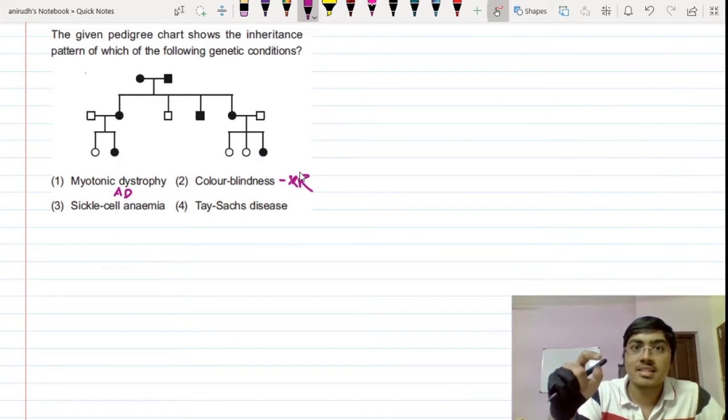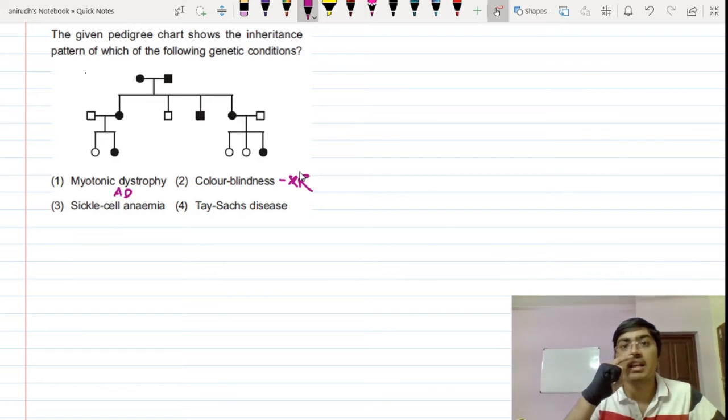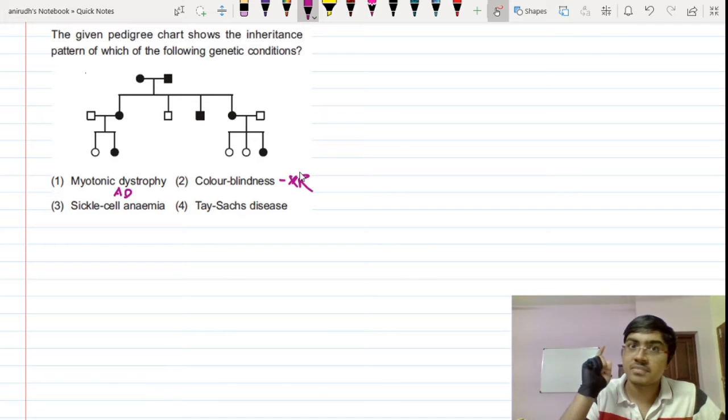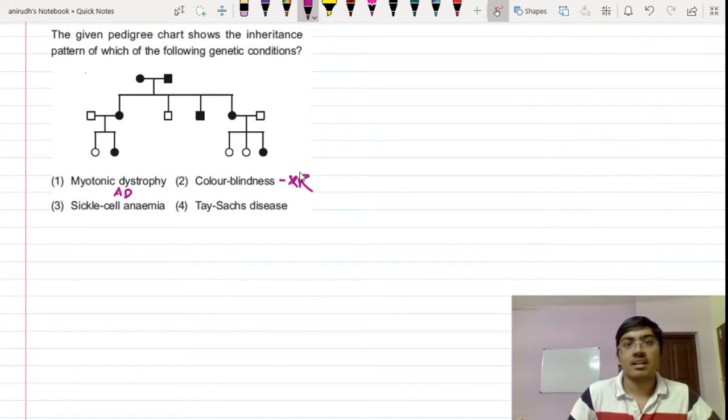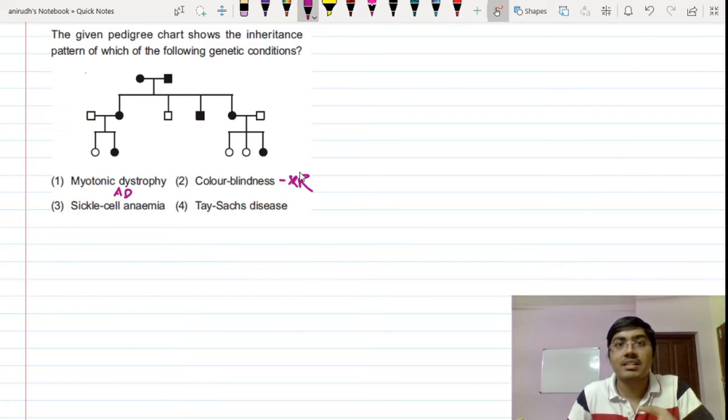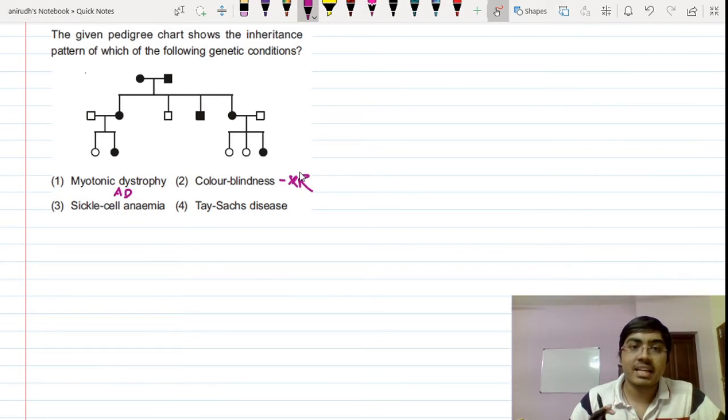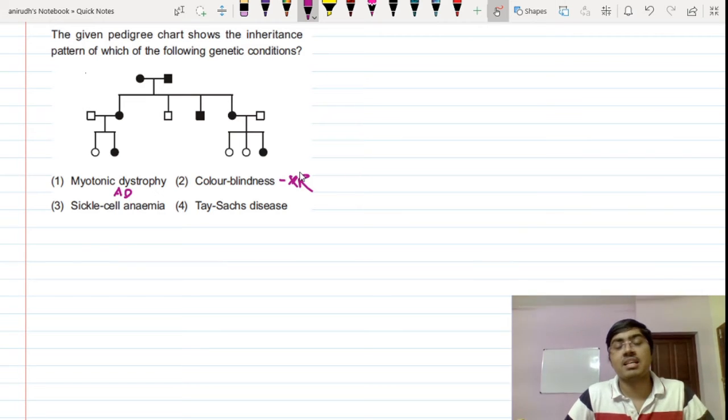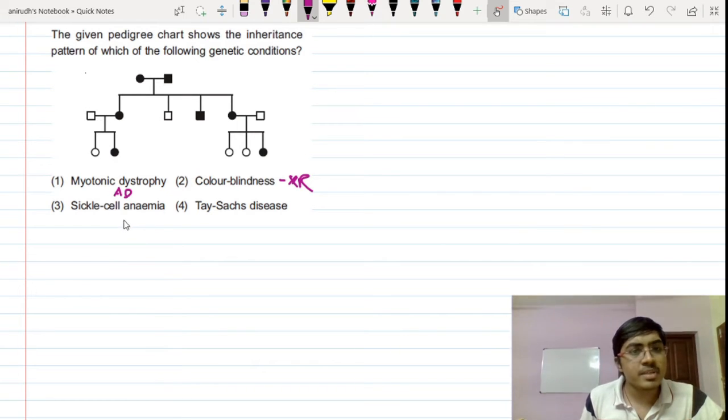If this female is supposed to be a deceased female, her father should be deceased, but her mother should be at least a carrier. But if the mother is also deceased, then obviously this female is supposed to be deceased. But in X-linked recessive, in almost more than 90% of cases, the female is a carrier while the male is mostly the affected person. Now, sickle cell anemia is autosomal recessive.